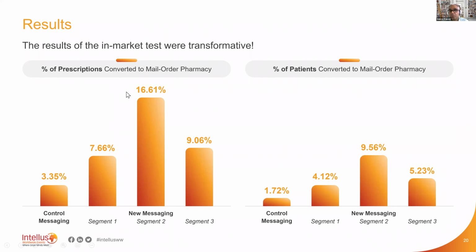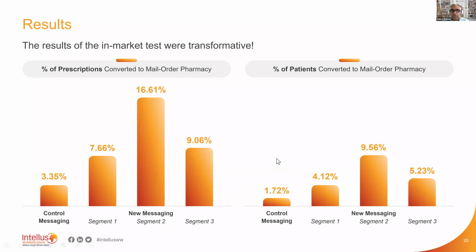Because some patients are taking only 1 prescription, others are taking 4. And if you convert a patient who takes 4, all of their prescriptions, that's a much bigger benefit to the business. So the results were really impressive. You can see control messaging represents the messaging that was being used today or has been historically the best messaging they had ever had, whatever campaign they picked internally. Segment 1 received a campaign based on their heuristics. Segment 2 received a different campaign based on their heuristics, and so on and so forth.